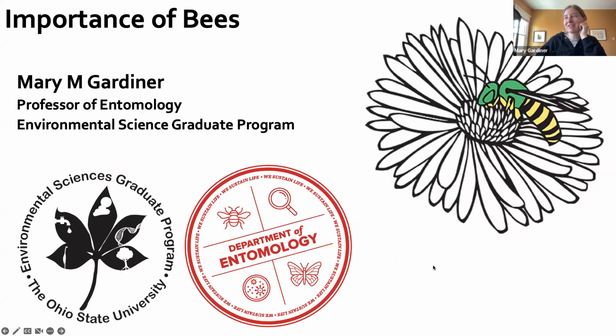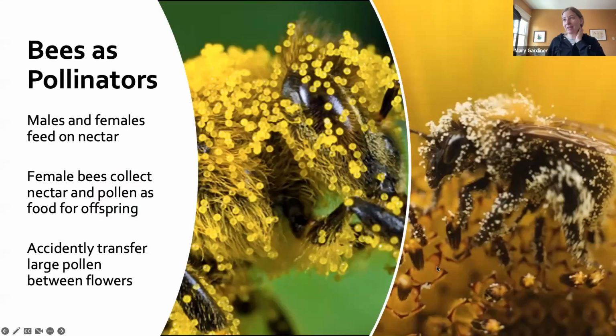So it's a pleasure to be here to tell you a little bit about the importance of bees on campus. Bees are pollinators. I think most people recognize the value that we get from bees as pollinators, but both male and female bees feed on flowers. They go to flowers to collect nectar, but it's the females that also collect pollen. And when they move flower to flower, they accidentally leave pollen in between flowers, cross-pollinating plants. They're not really doing that as little workers helping us. They're just naturally collecting their food, and in doing so, they're providing pollination. And you can see why they're so good at it. These two bees have pollen collecting hairs absolutely covered with pollen grains.